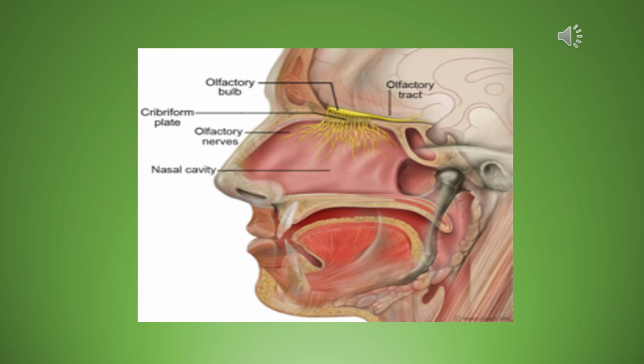So we actually have nervous tissue in contact with the external world. That is very unusual. Something else that's very unusual: we talk about nerve cells being non-replaceable. Not true here. Since the olfactory nerve cells are in contact with the poisonous world, they can be easily lost. Well, strangely enough, they are replaceable. So we do have evidence of some neuron mitosis that takes place in the olfactory sense.